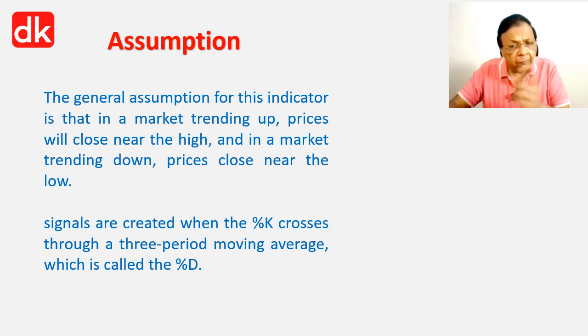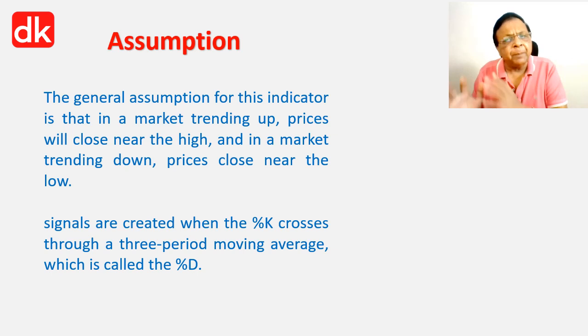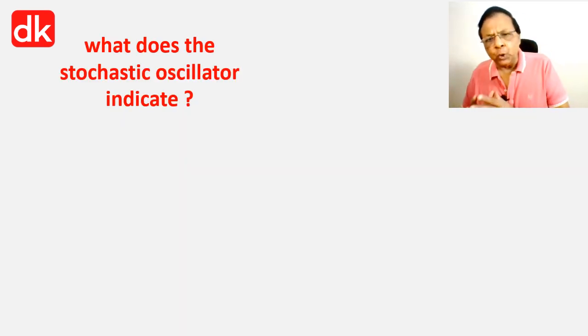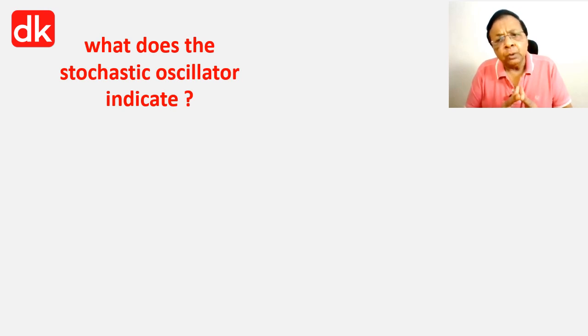That we will understand. We will today see one example also on a price chart as to how stochastic is put to use when we perform technical analysis, with the sole aim of attaining accuracy in the technical analysis after we have done the price action analysis. Now, after having conceptually understood how this is calculated, let us understand what a stochastic oscillator indicates.